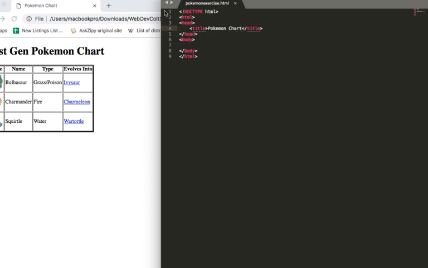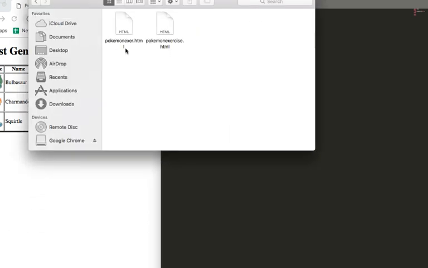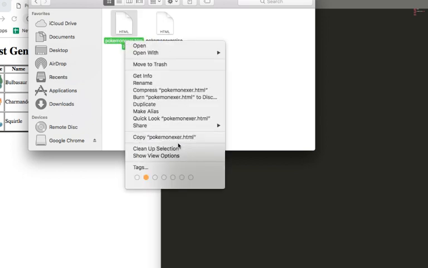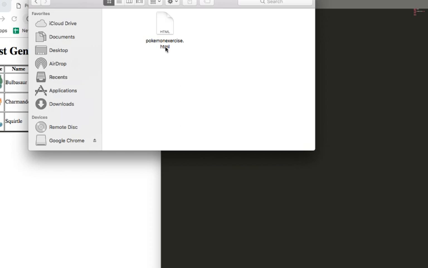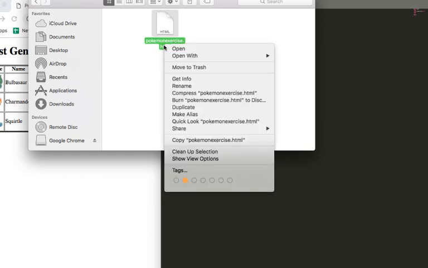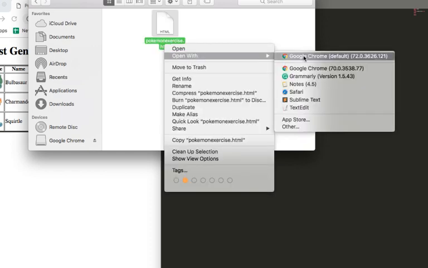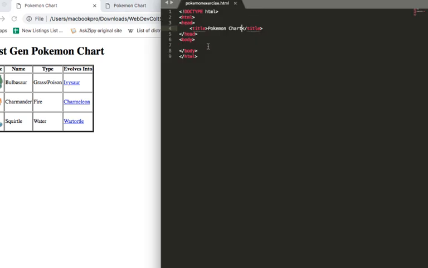Let's save this and check if we're doing fine. Let me see, where was it? I think this one. Let me just delete this one. Pokemon exercise. Alright. Open. Okay. So far so good. We have here our title, the Pokemon chart. The same. Okay, let's start